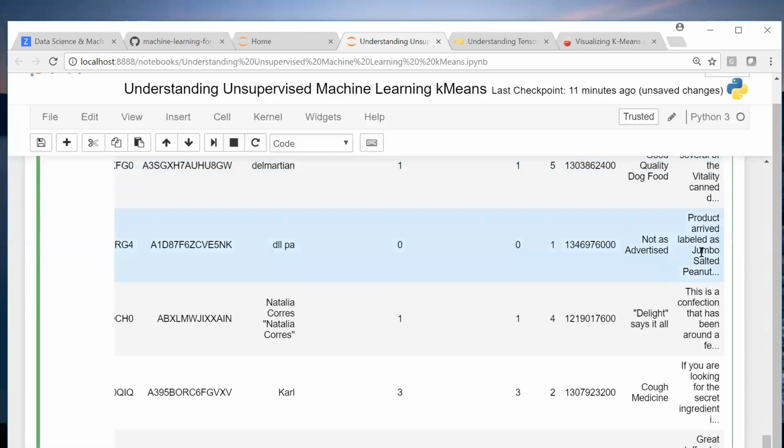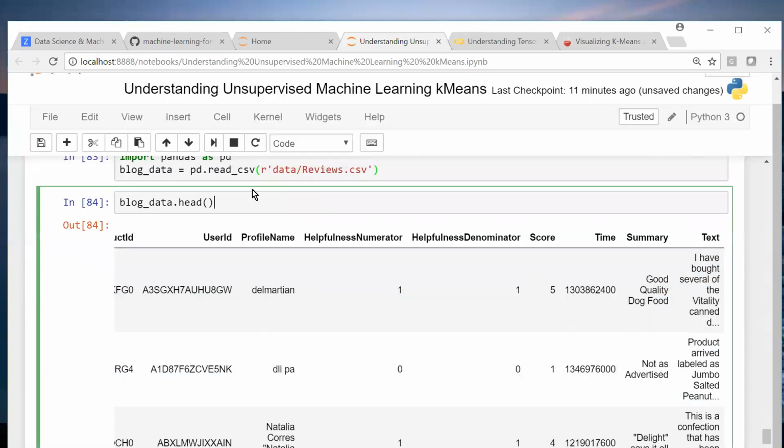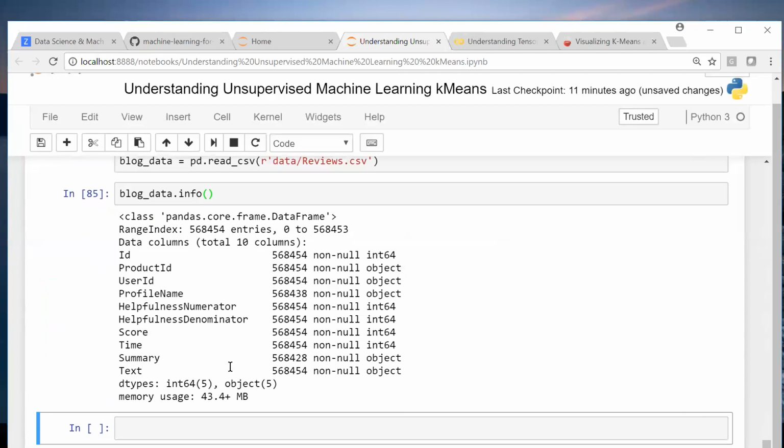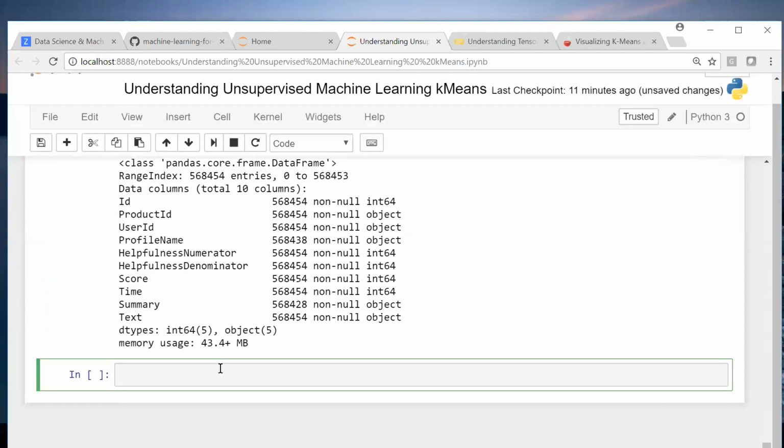What we'll try to do is, from this review comment, find the optimum number of clusters. But remember, this is a huge file. If you do info of it, I think 5 lakh reviews are there, about 5,68,000 data. At the end it might take some time, but at least we'll have the result. Summary has no value. Text has the full data. All we need is this text. We just forget about other things.